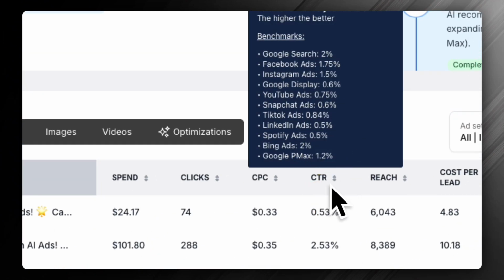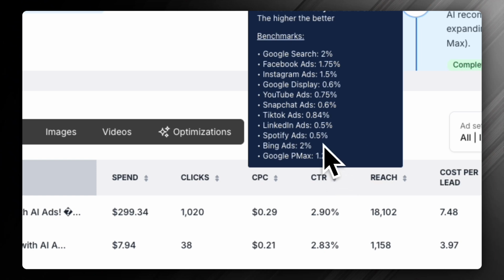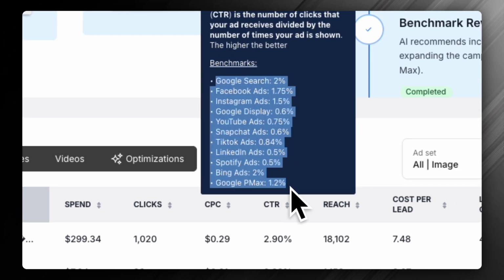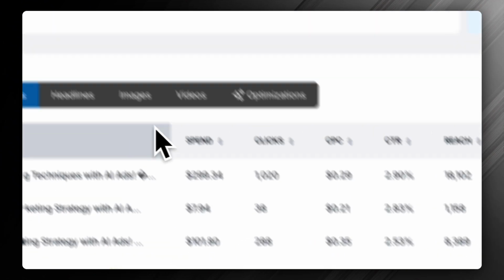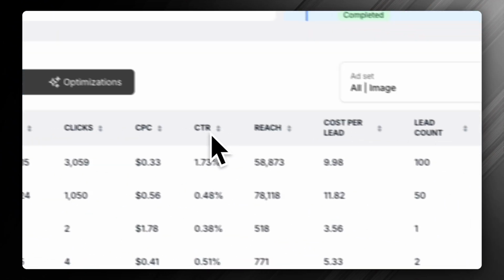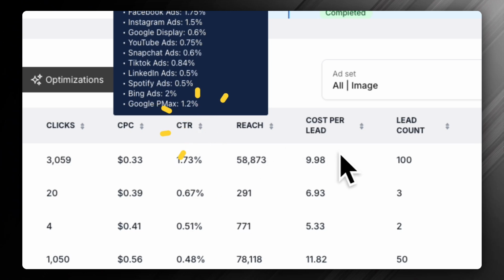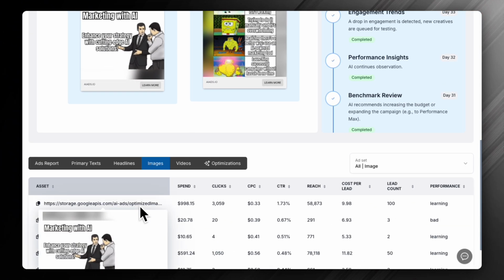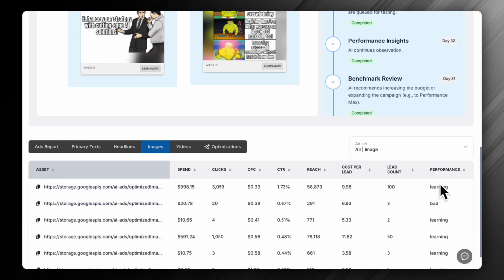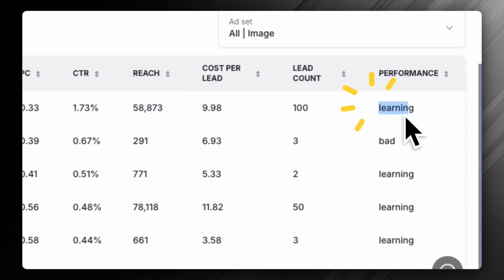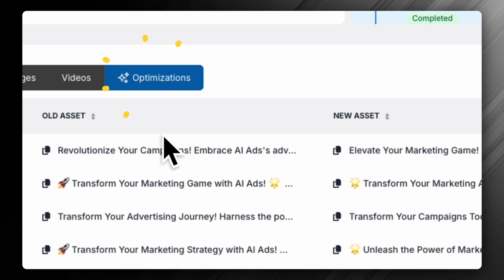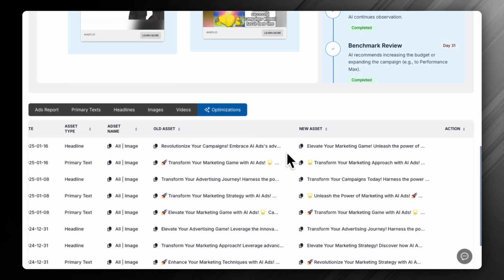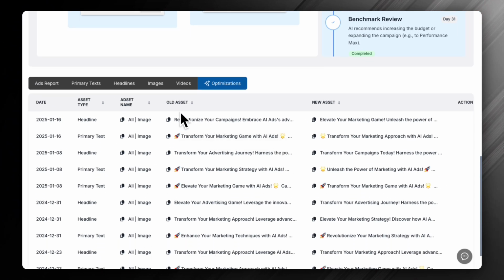So you can summarize all of these. It gives you a benchmark of what each platform should be at, and you can see whether you're below or above benchmark. If you look at the specific images, you can actually see how many leads you've gotten from which images. You can see whether they're in learning phase or whether they're the best performing. And then if you click on optimizations, the system will actually show you how it's replaced old assets with new